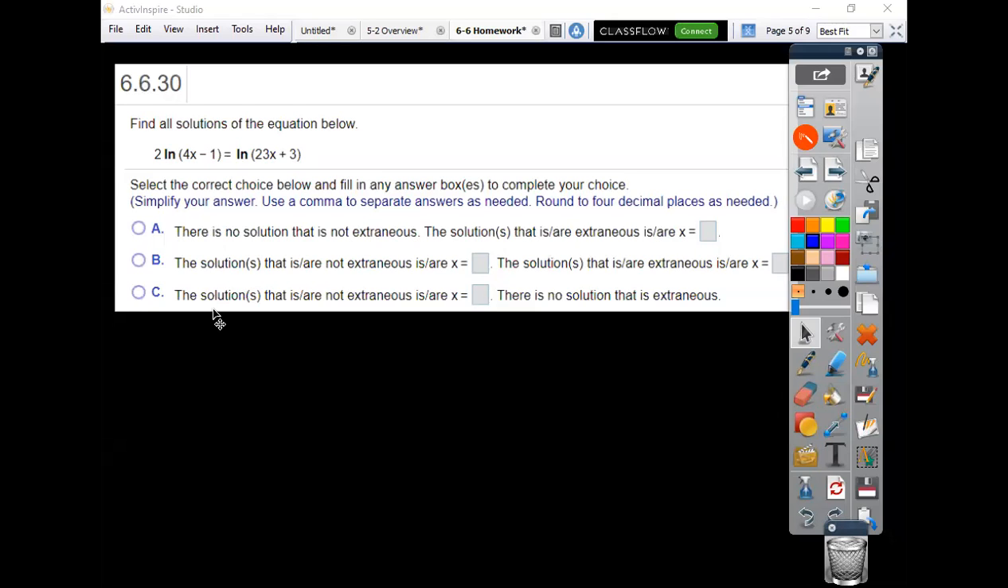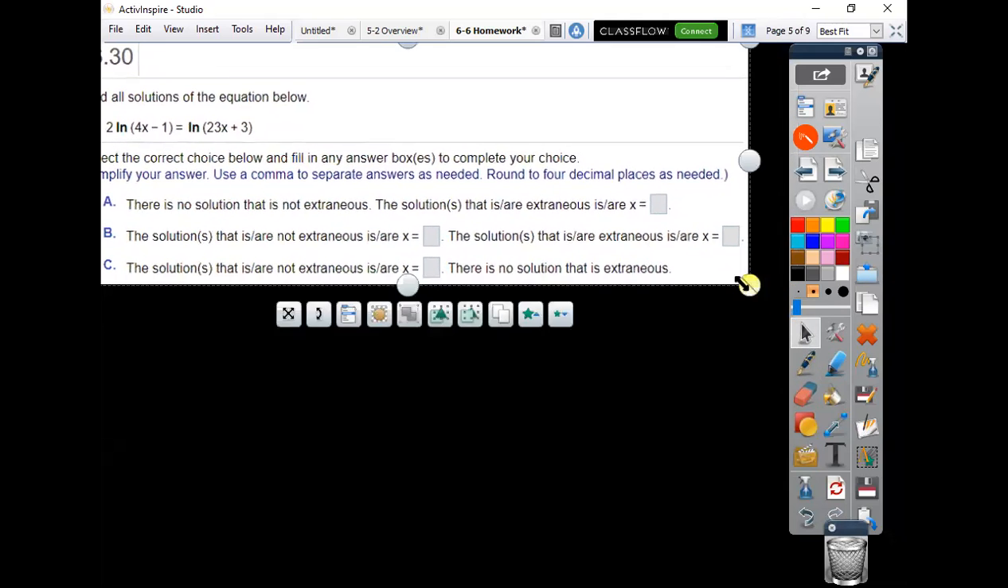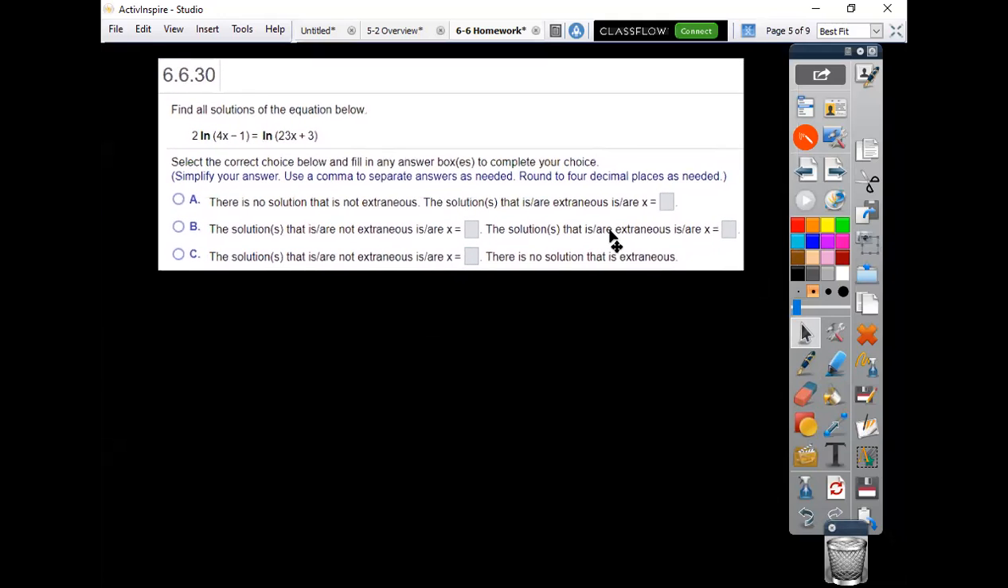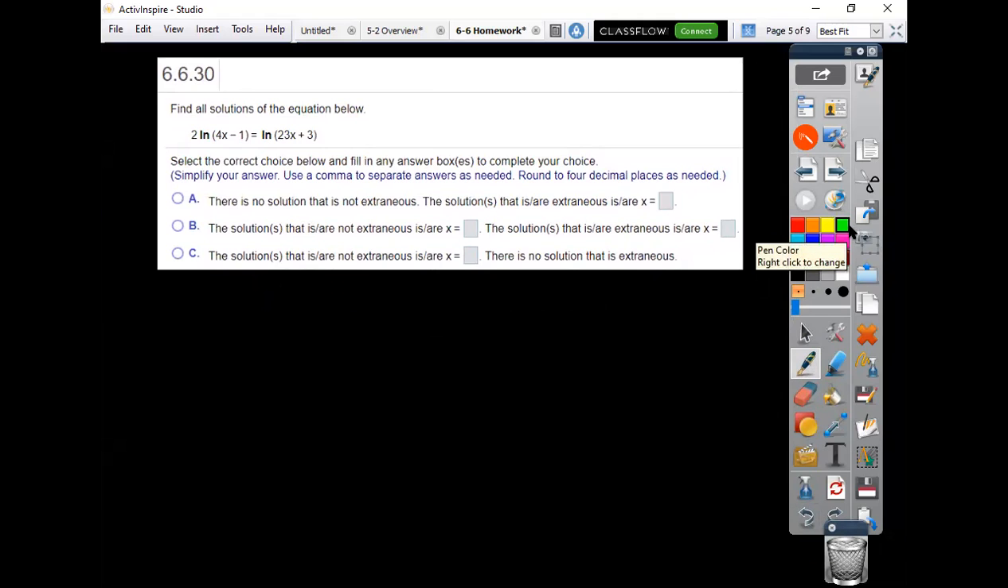All right, 6.6.30. This one has a little bit of a trick in it at one point that some books will explain just as a property to remember or memorize or use at all times. I'll show you why it works. But you've got this 2, and if you want to use it just as a rule or a property in the future, put it in your notes. So the original problem: 2 times the natural log of the 4x minus 1 equals the natural log of